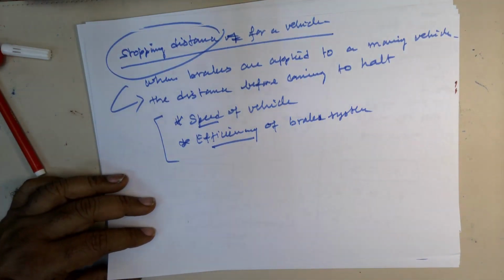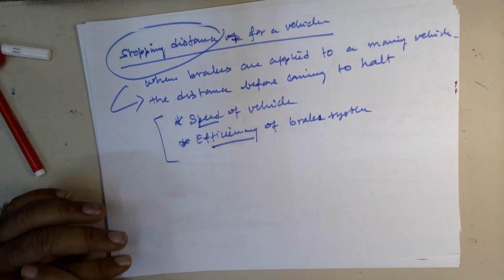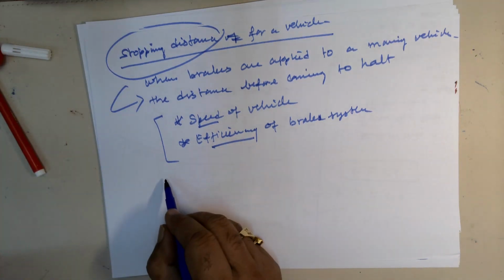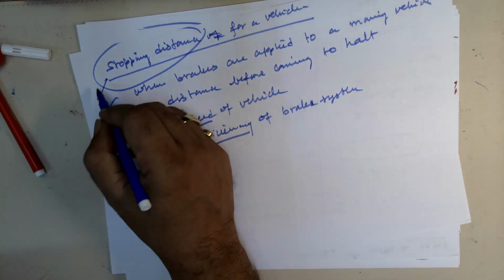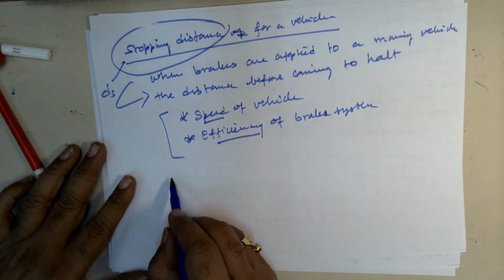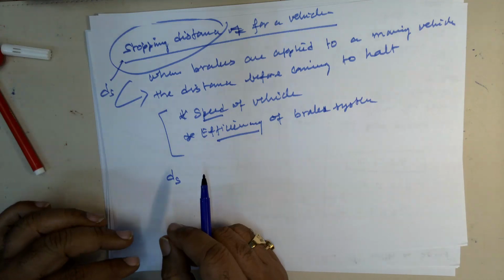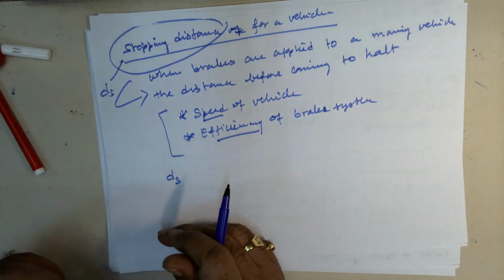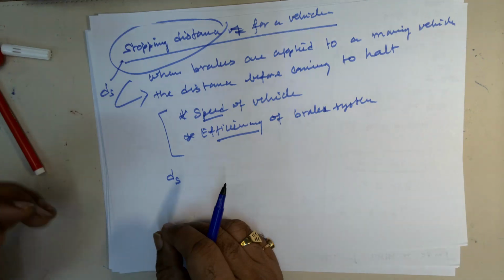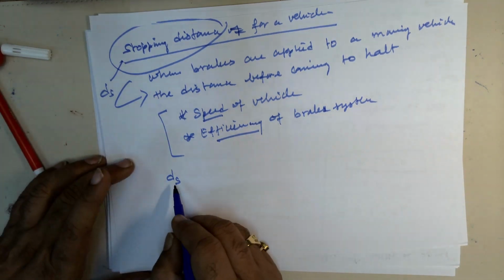Now let us calculate the distance traveled by a vehicle before it stops. Let us call it ds. Okay, so this can be called ds, stopping distance. So what is ds? Stopping distance. And what is stopping distance? The distance moved by the vehicle before halt, when the brake is applied. So ds,